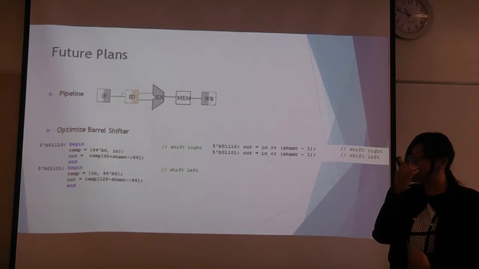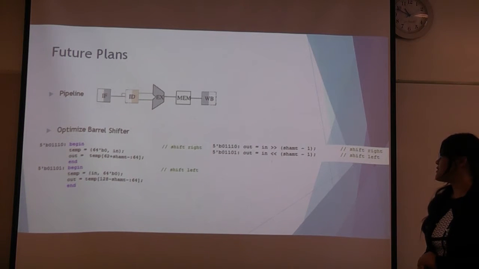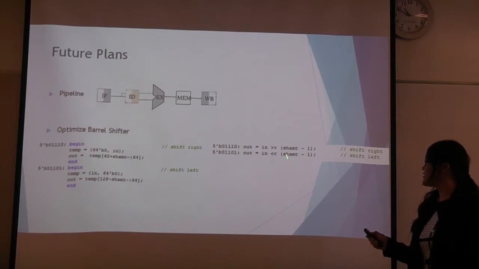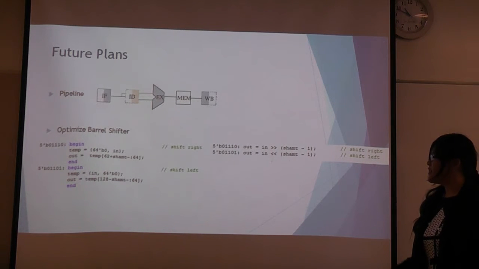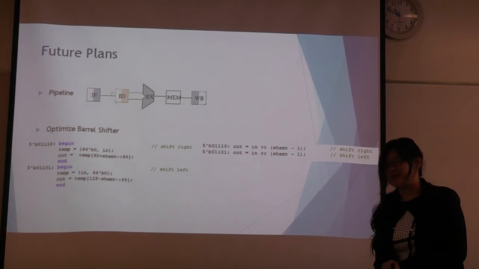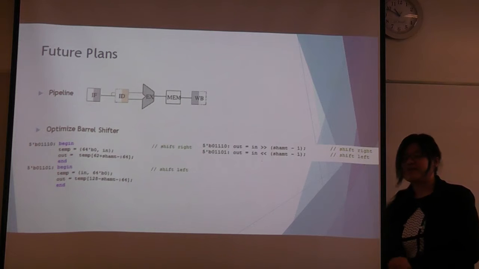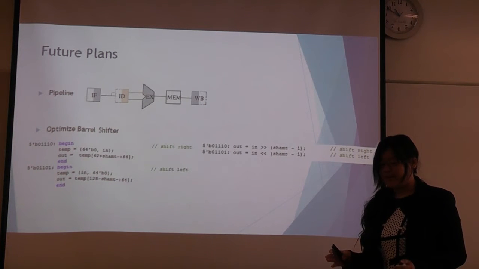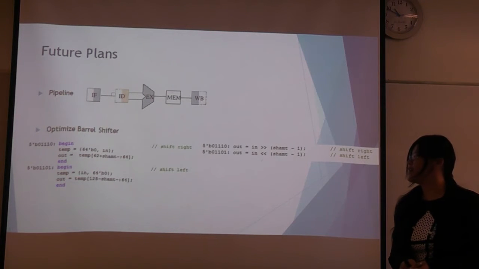For our barrel shifter, when we looked back into our code, we realized that it would be more efficient to use the Verilog shift left and shift right operations with the shift amount minus 1, instead of using a temporary register concatenated with the value, because it will look simpler to future users looking at our source code. Another way we'll optimize our barrel shifter is that instead of sending the value to the ALU and making the ALU shift one last time, we will